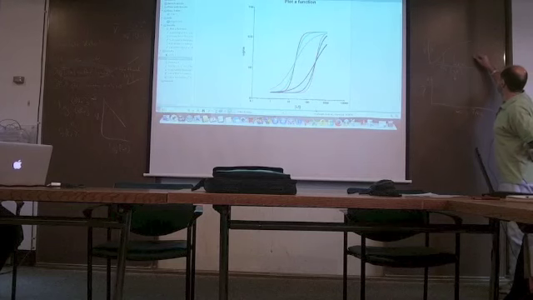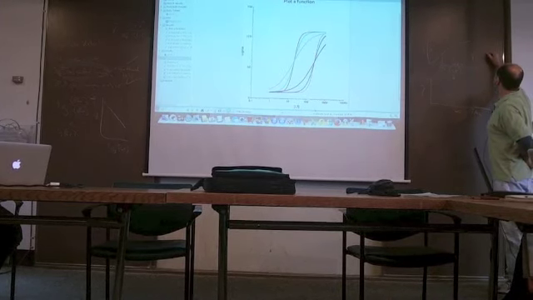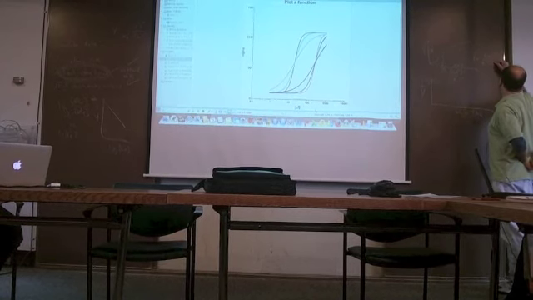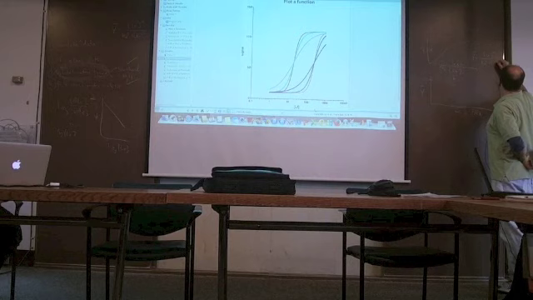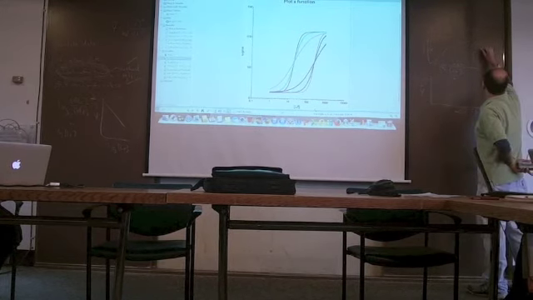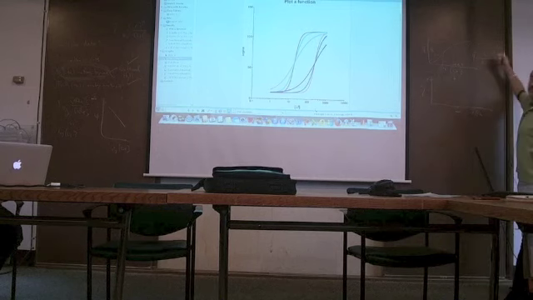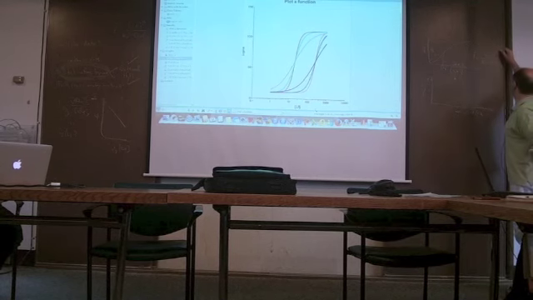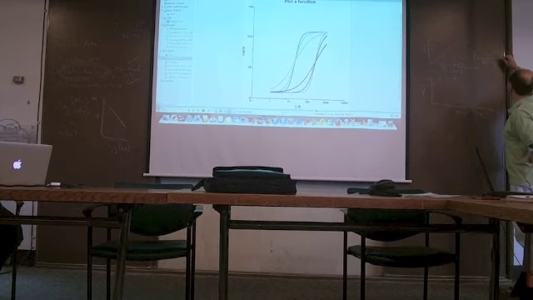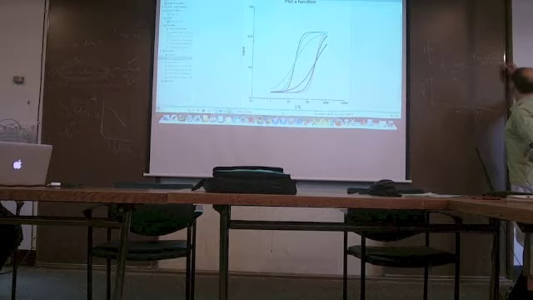Well, the equation here is y bar equals LF to the n over KD to the n plus LF to the n. This is just our standard equation. What I'm going to do now is multiply the top and the bottom by 1 over KD to the n. What do I get when I